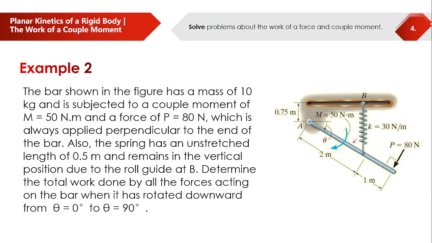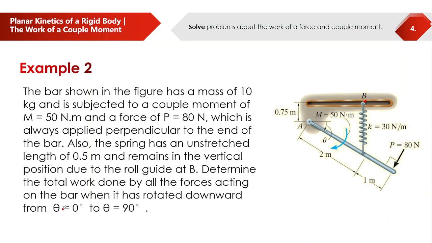Hindi pa siya in-stretch, meron na siyang length na 0.5. Ito yung original length niya. Stretch, unstretch, no? Original length ng spring kung unstretched is 0.5 meters and remains vertical due to the roller guide at B. Ito yung roller guide natin. So, determine the total work done by all forces acting on the bar